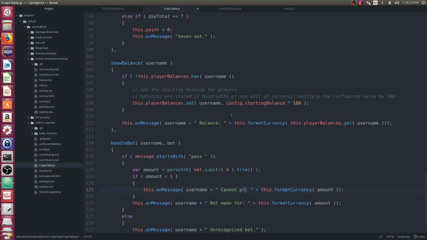Cannot place a bet for the amount, if the amount is greater than their currency.